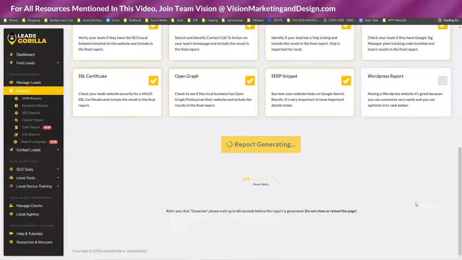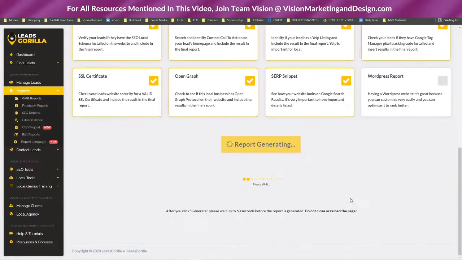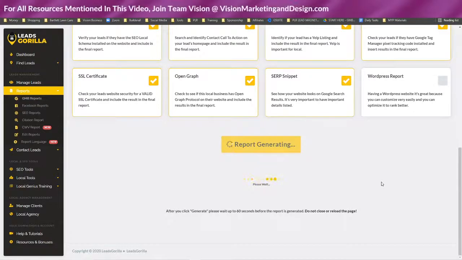As it pulls up this report, it does take, it even says up to 60 seconds, because it's basically asking Google for all of this information to generate this report. I've used reports like this before because I was part of a white label agency that was incredibly expensive. I don't recommend it, but they gave you the ability to have these reports. And I know that they are powerful because when a business owner sees any section anywhere that says red, to them, that's like, oh my gosh, I'm in trouble. So it really is a powerful resource.